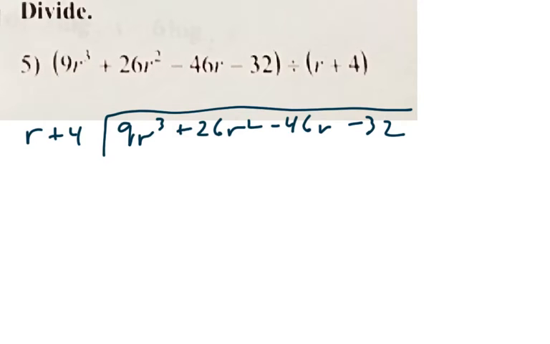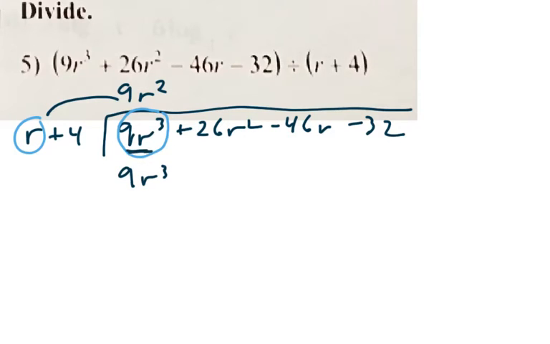Okay, so I'm assuming they want you to do it with long division. It's very important that you do it this way. So basically, I'm going to always match up the leading term with, in this case, r plus 4. I'm dividing by r plus 4, this binomial over here, right? And so I know, for example, that if I do 9r squared times r, I get 9r